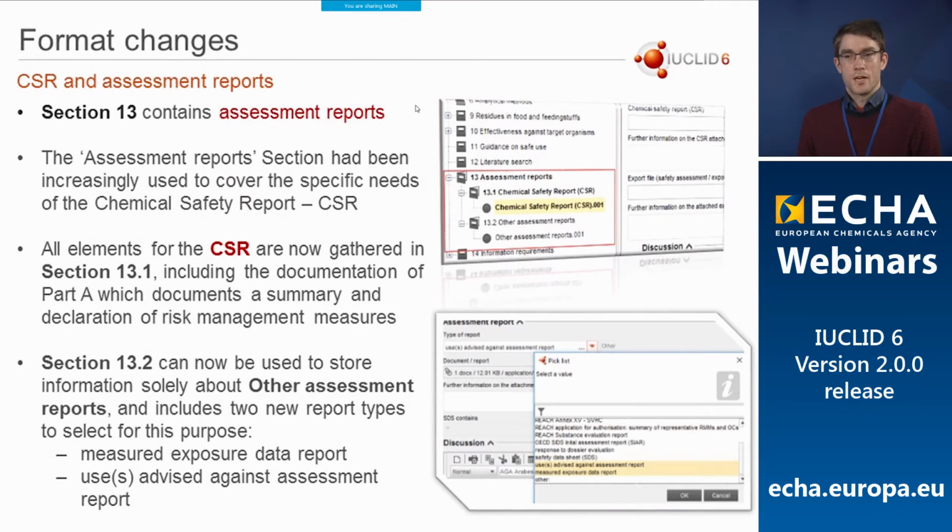So moving on, under section 13, these contain assessment reports, as you probably know. The assessment report section we notice has been increasingly used to cover specific needs of the chemical safety report. So in line with this, we now have a dedicated section 13.1 for the CSR, which includes all the various elements which you need to include for this section, including Part A, which documents a summary and declaration of risk